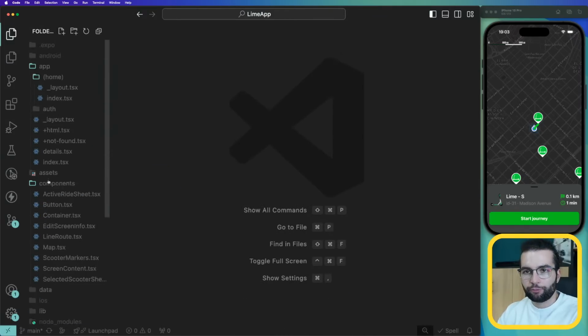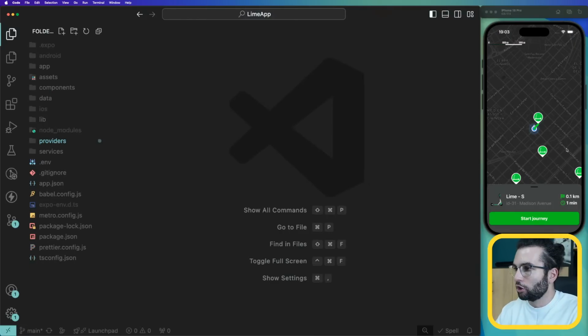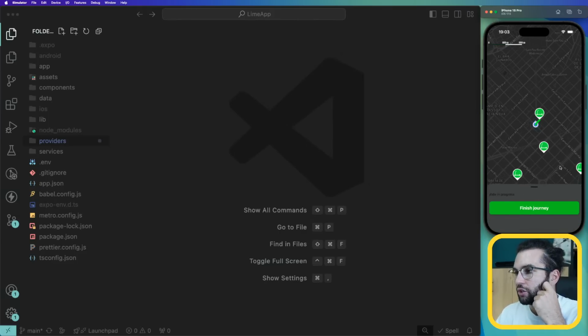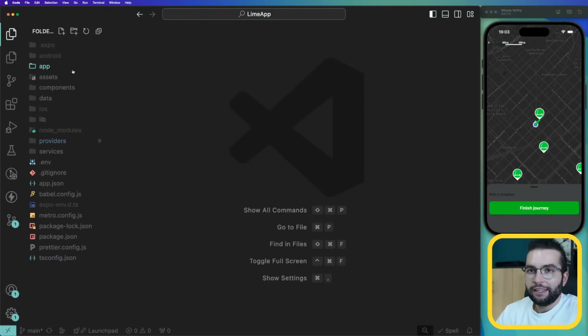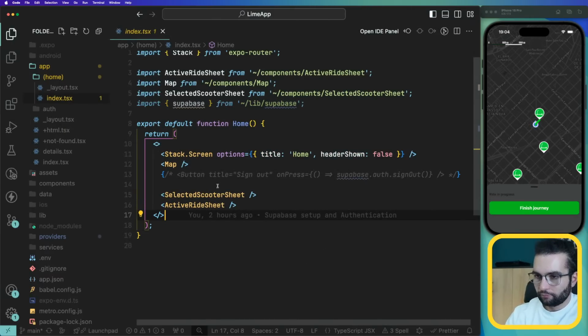What else? We need to improve a little bit the interface to switch between looking for a scooter and managing the ride. Because when we start a ride, I don't want to see the other scooters on the map, right? So in that case, I'm thinking, would it be easier to create two separate screens, one for looking for a ride and another one for managing the ride itself? Would that be easier? I believe so. Or we can